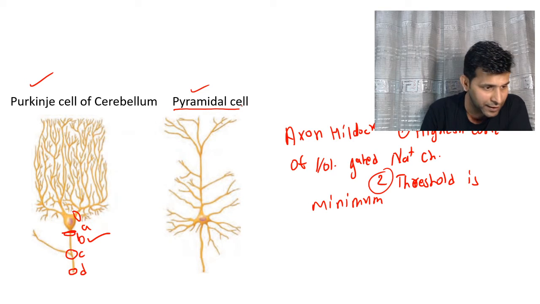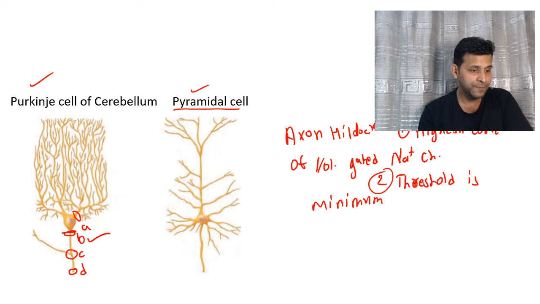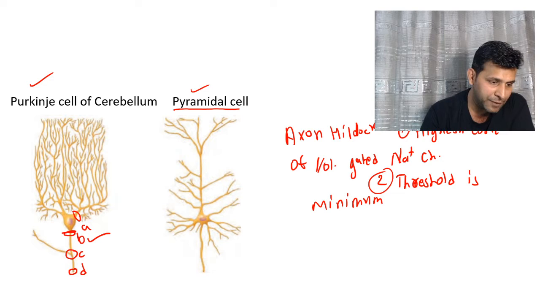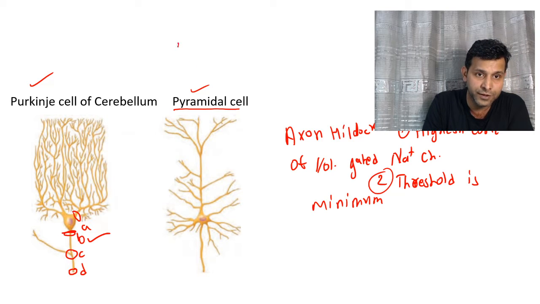in the cortex. Is it right? Pyramidal cells. Where do you find pyramidal cells? Giant pyramidal cells is a word we normally use. Where do we find giant pyramidal cells? Anybody can answer this point? The giant pyramidal cells, they are found where in the CNS? They are found in the cortex,